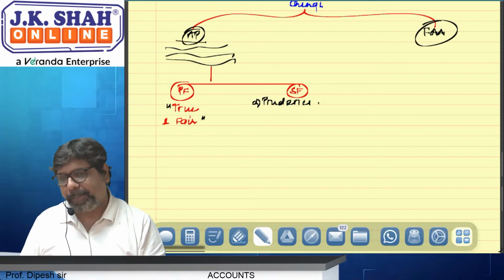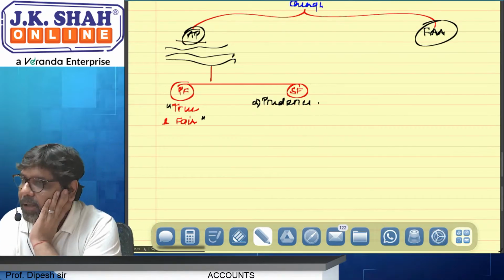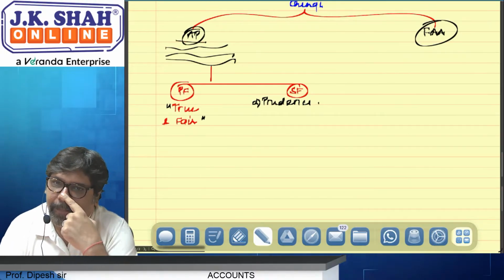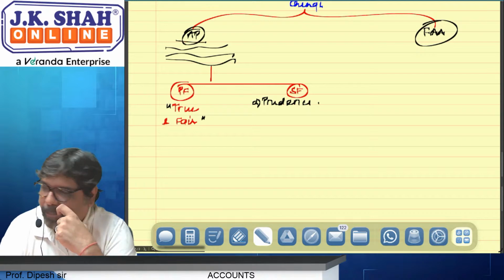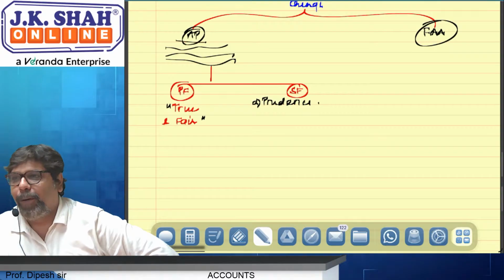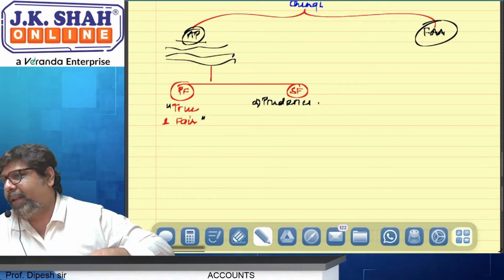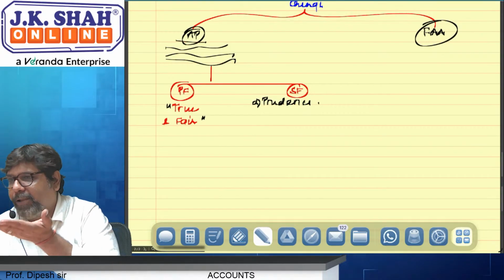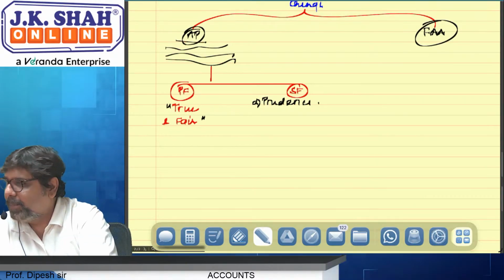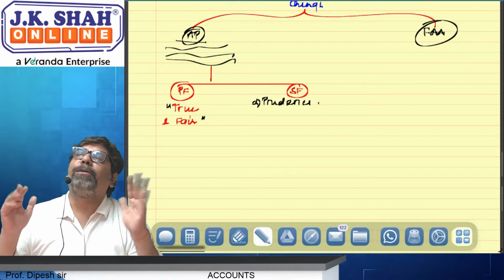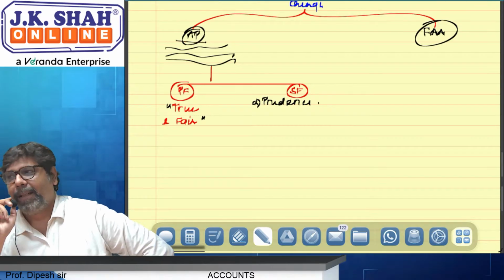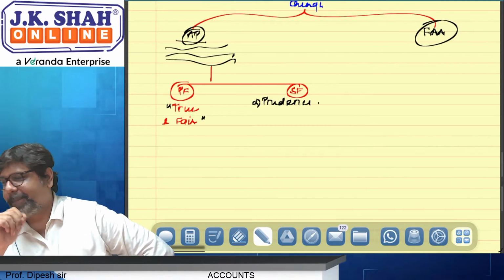For example, I have a creditor. Correct? He's a very old man. I went to meet him. When I went to meet him, he told me, Dipesh, let's go for a walk. We went for a walk. While walking, suddenly a banana peel came, and boom. He went into a coma. Now I was sure that it was goodnight for his life.